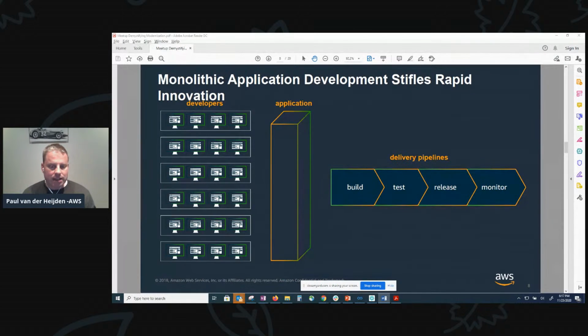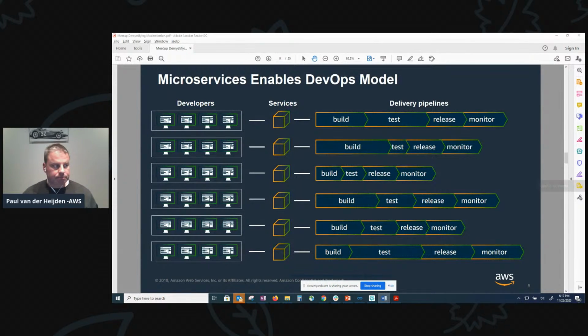Now, from a technical standpoint, functions within an application are often tightly coupled with many interdependencies, which lead to a significant amount of testing and validation for even the smallest of code changes. Now, this monolithic application development approach and processes is usually the fundamental bottleneck, and it really stifles rapid innovation with legacy applications.